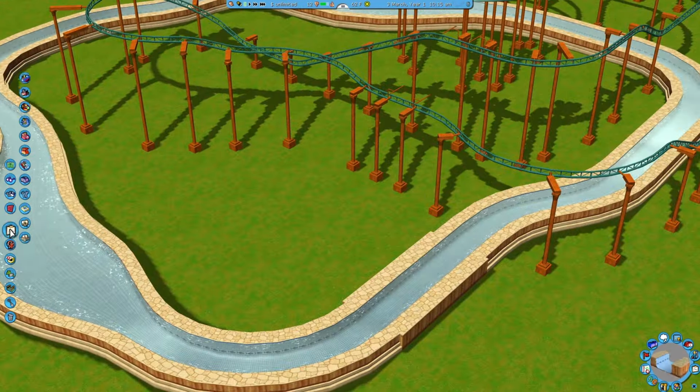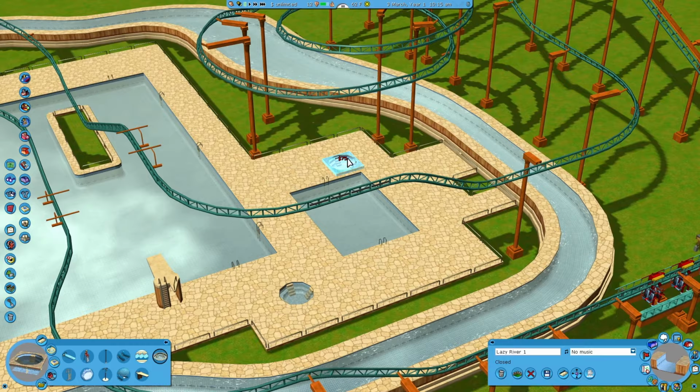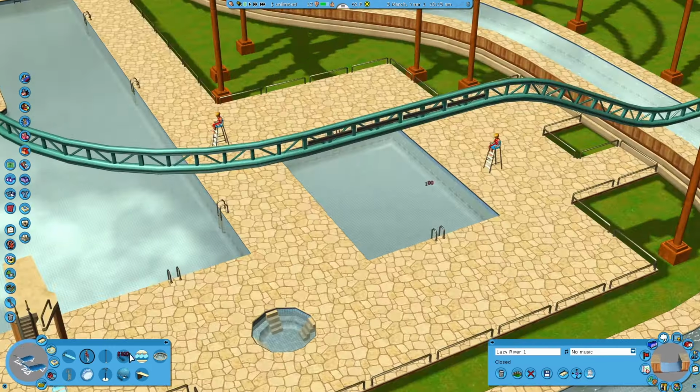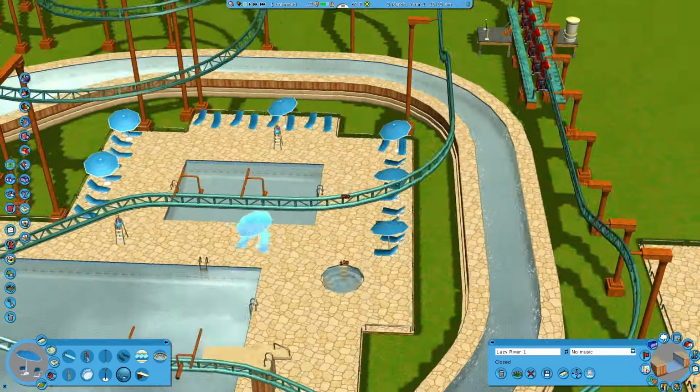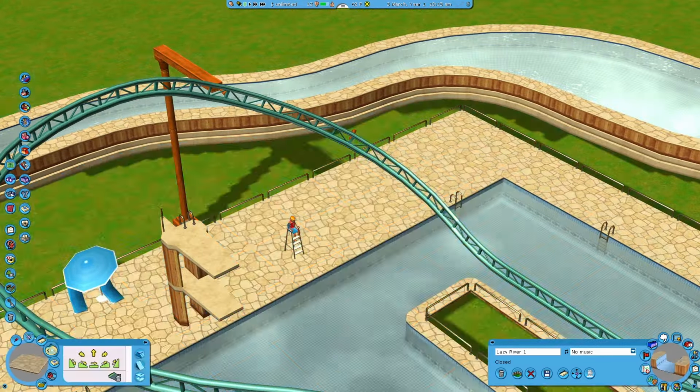You can make some really crazy slides, you can make some big pools, there's a lot of stuff you can do. So I'm not sure why I don't tackle it more, but better late than never, I guess. So right now we're just building this and adding some detail here. So we got some of those little beds that you can sit on and tan, some parasols,